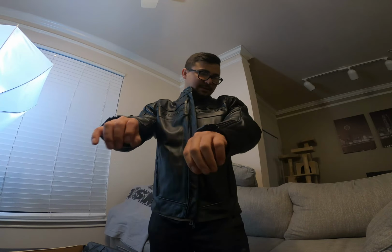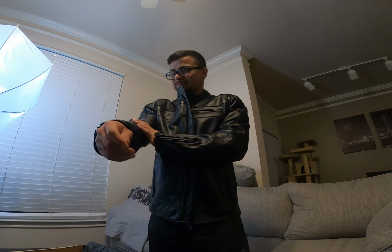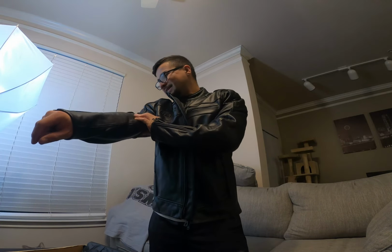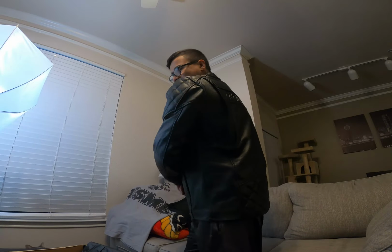But other than that, it feels quality. It feels like really thick leather. I would definitely trust this in a fall. Even if I had no protectors on, this jacket alone, the leather feels really thick. I don't know how I look in it yet, but